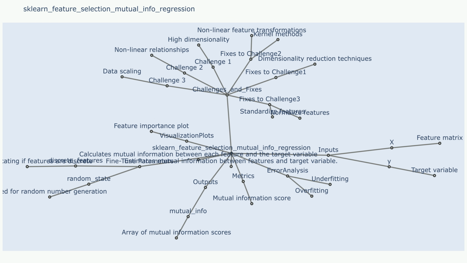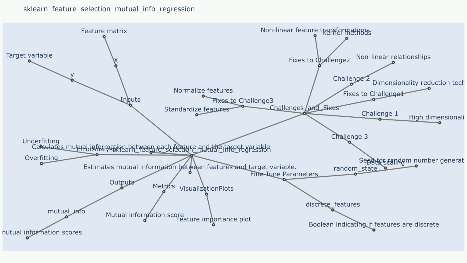In the context of feature selection, mutual information is used to estimate the relevance of features to a target variable. Specifically for regression tasks, the higher the MI between a feature and the target, the more informative that feature is for predicting the target. Inputs: X, a 2D array of shape (n_samples,